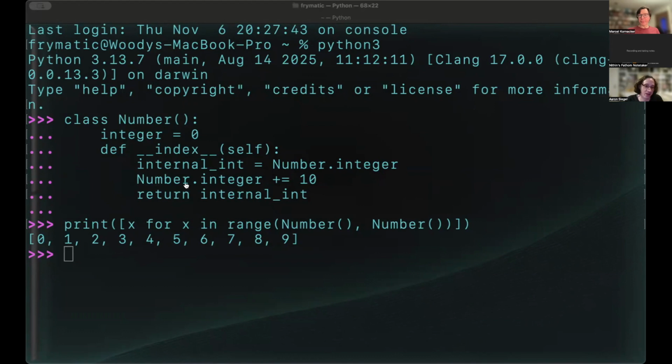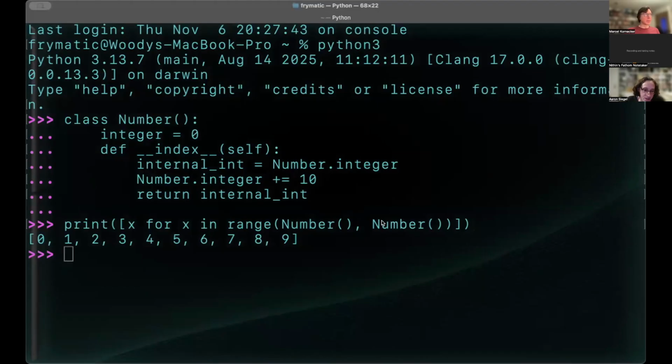Yep. Yeah, I was saying nothing happens at class initialization. All the action is on this class variable. So all that matters is the number of times globally any instance of number has been interrogated for its index. Okay, so by referencing it a second time, we're now calling that dunder index. Yeah, and it doesn't matter which number instance you're referencing, because the only thing the index method does is retrieve and modify this global class variable.